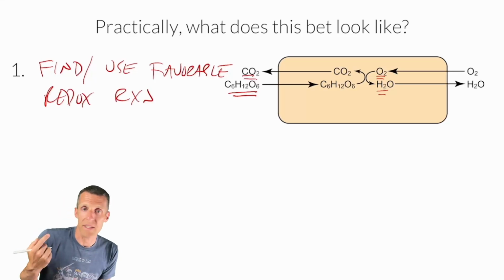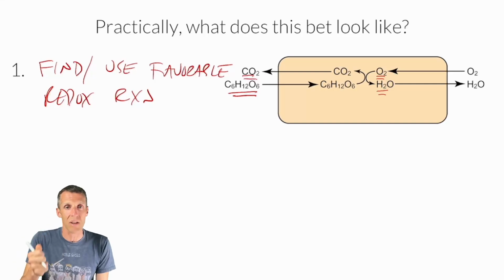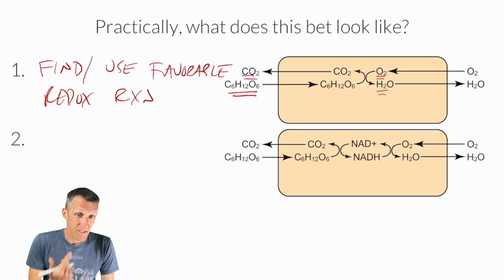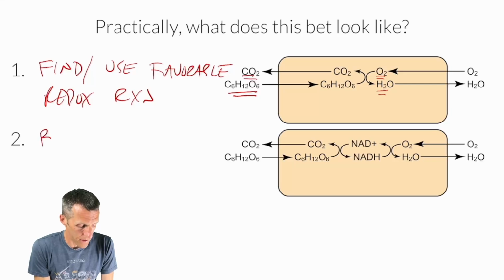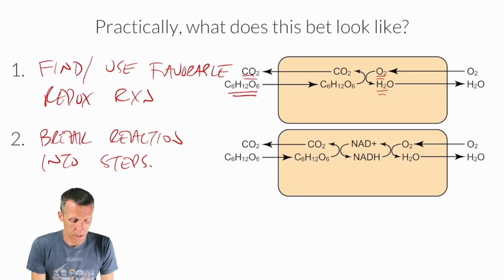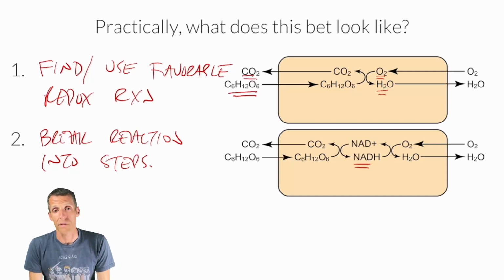So that's step one. Basically, every living organism has some central favorable redox reaction at the center of it. Second step is to break that reaction into steps. So in this case, what I'm doing is this is actually simplified relative to how it really works